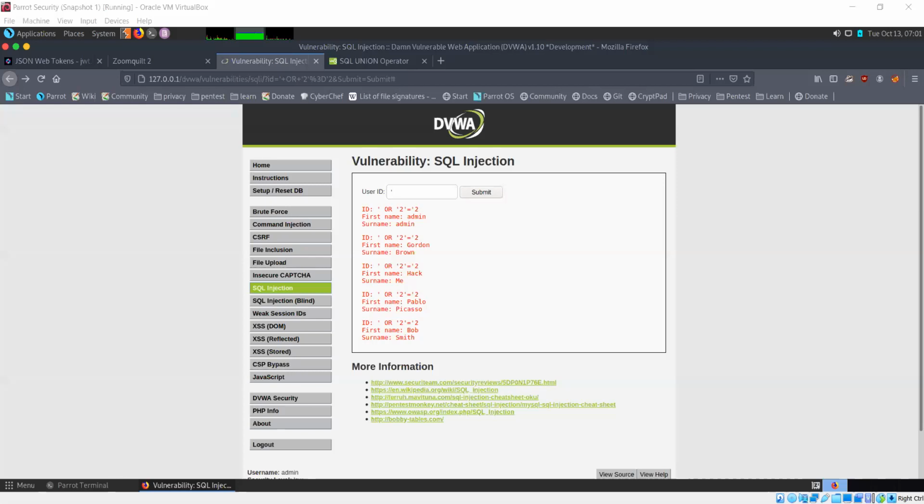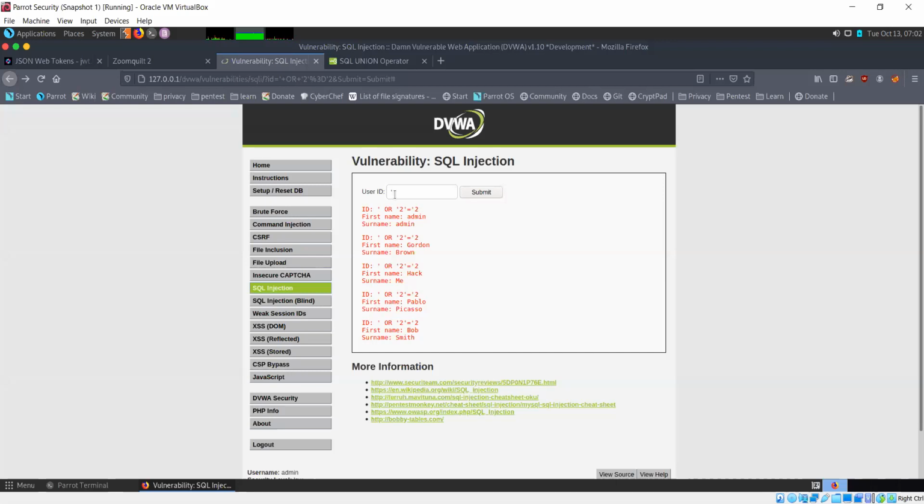And now let's say I want to figure out the version of the database that is being used, and that information can help me in two ways. One is it will help me figure out what kind of queries I want to use, and the other is if there are any particular vulnerabilities in the database which I can find using Metasploit or Exploit DB, then that is also useful to me.